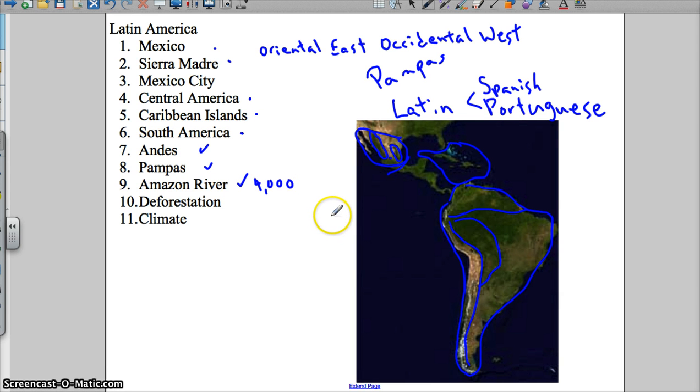4,000 miles of river. And it has over 1,000 tributaries. I don't know if you know what a tributary is or not. I'll write it down here. A tributary is a smaller river or stream that flows into a larger river. Now the Amazon here is in Brazil, but the tributaries extend so far it includes 4 different other countries just